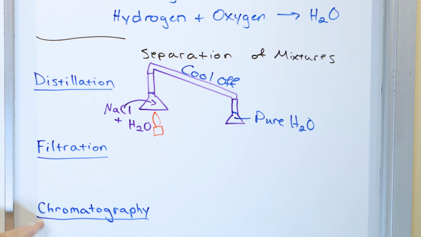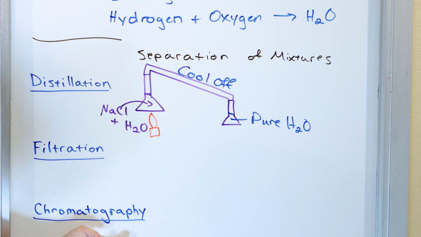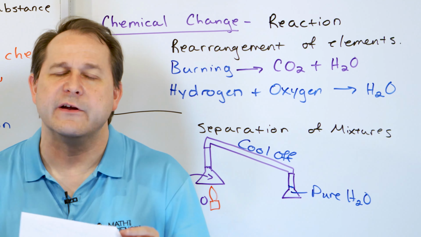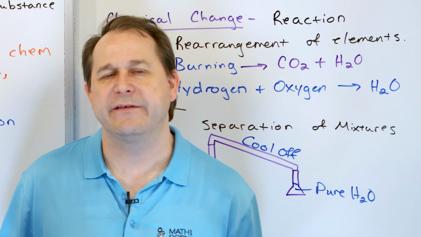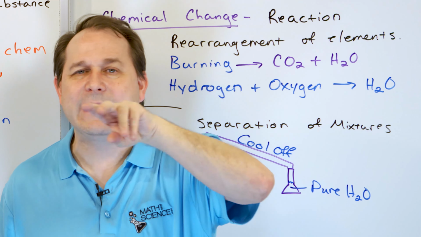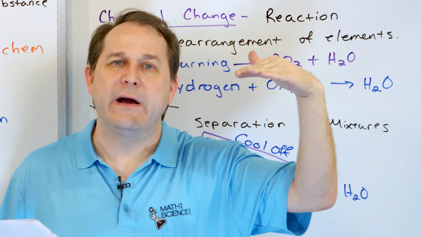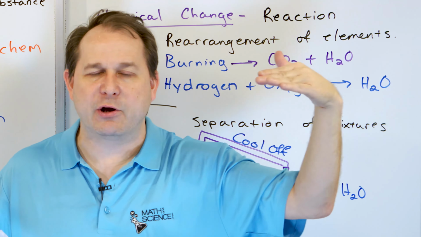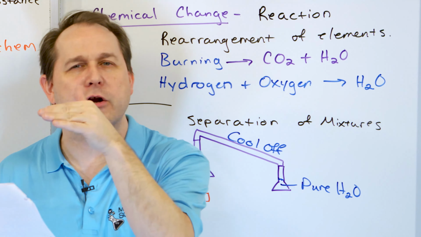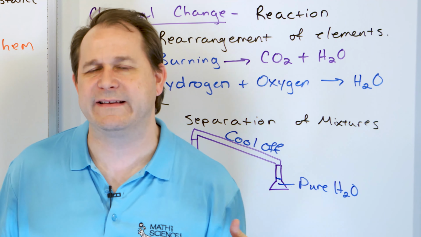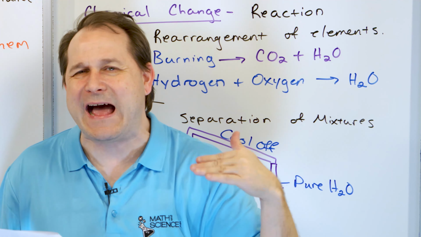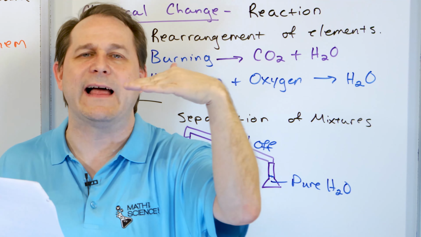And then we have the last one here called chromatography. That one's not one we're going to spend much time on, but chromatography is basically, the origin of it is trying to take the pigments out of various materials. It turns out that if you filter a solution with pigments in water and you allow it to go down a very long piece of lab equipment with a filter paper there as well, the speed of the water and the speed of the pigment are not quite the same. And if you let it travel over a long distance, then the paper is not so much filtering it out as it is the distances that they're allowed to travel are different.